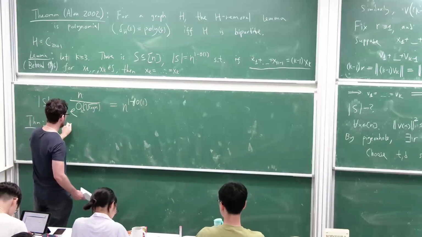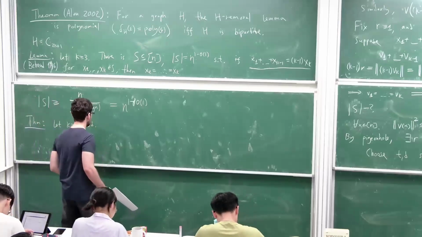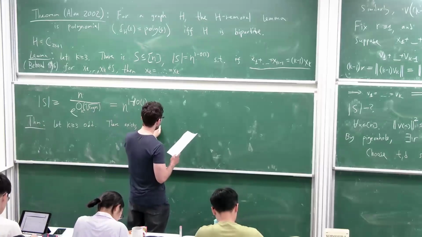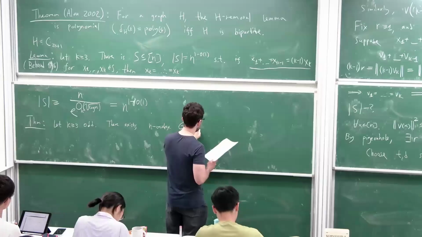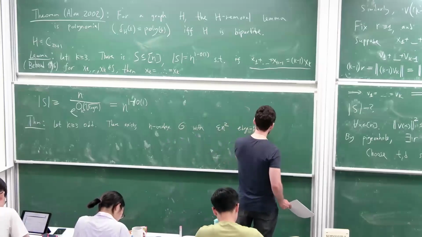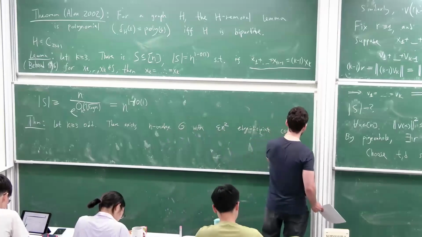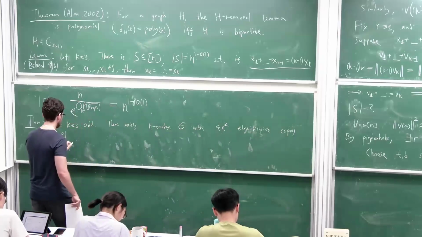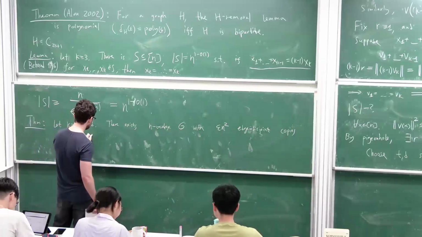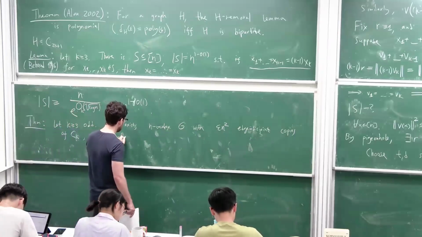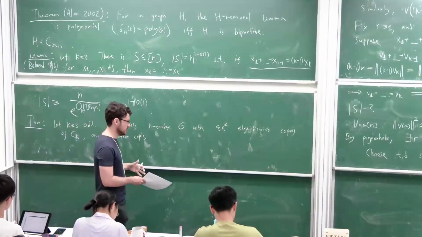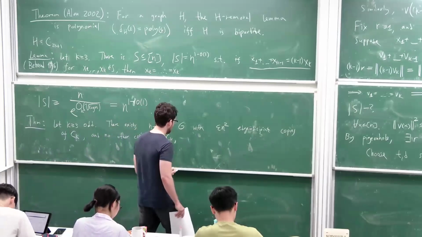So let's say there exists an n vertex graph B with epsilon n squared edge disjoint copies of K and no other copies of K. So the only copies are this collection of edge disjoint copies. So we'll pick no other copies of K and